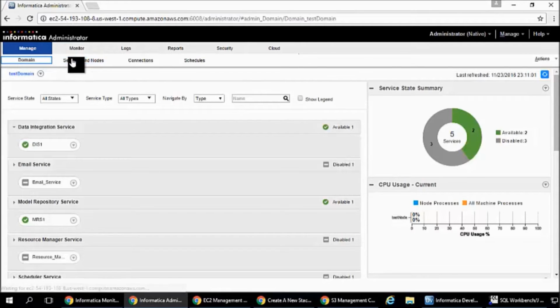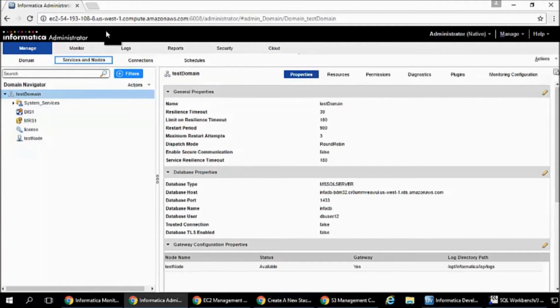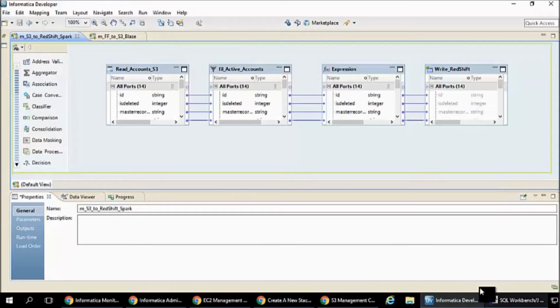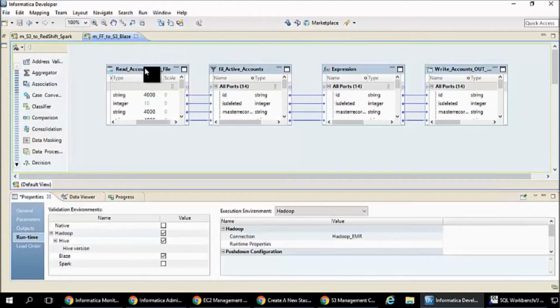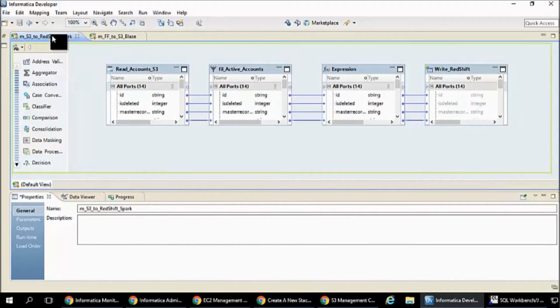this is the admin console, which is showing you that we now have all the services like DIS and MRS running on Amazon Cloud. So this is the Informatica Developer tool, which we use for doing the development of big data. In this tool, we have created two mappings. The first mapping is reading from a flat file which is sitting on premise, and you are reading that file and moving it to S3. And the second mapping is reading from S3, doing a bunch of transformations, and then writing